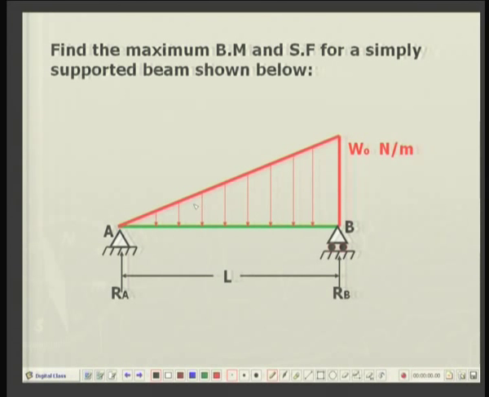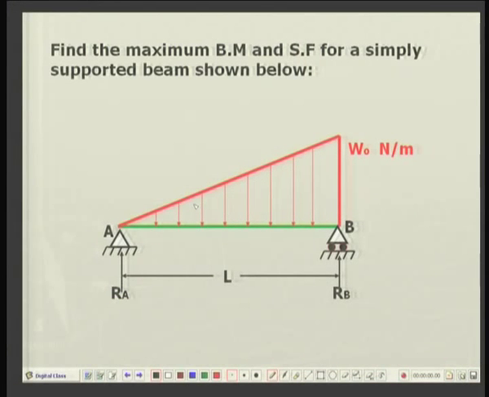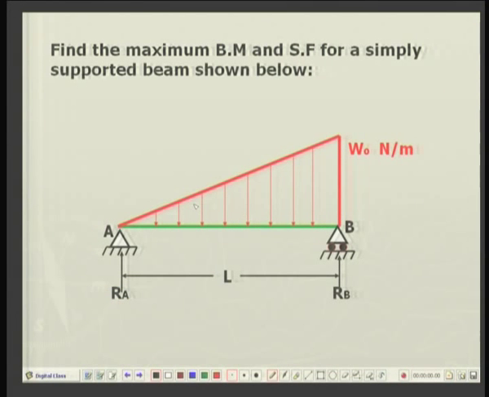Again, one end is simply supported, the other end is roller supported. No horizontal load, so no horizontal reactions are needed. Only vertical reactions will be needed. Now, to analyze this problem, you can replace this triangular load by equivalent loading. You have learnt in chapter 3, in lecture 3 and 4, how to replace a given loading by its equivalent loading. For a triangular load, we can find out the total load, that will be the area under this triangle,